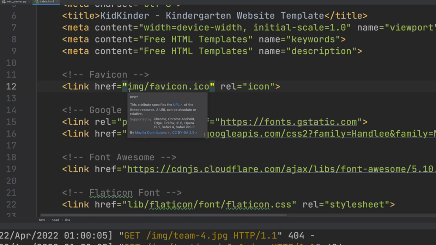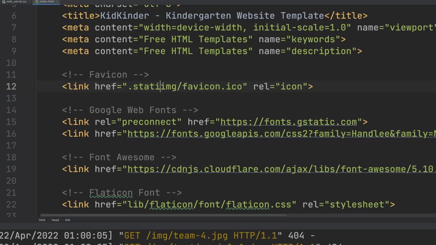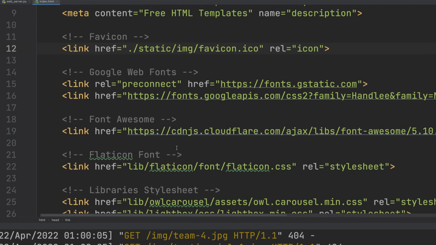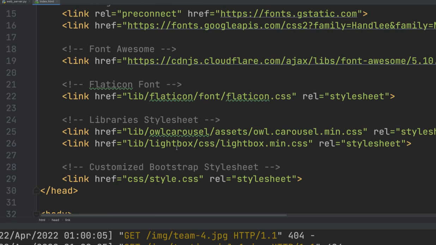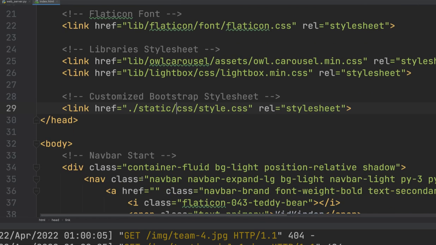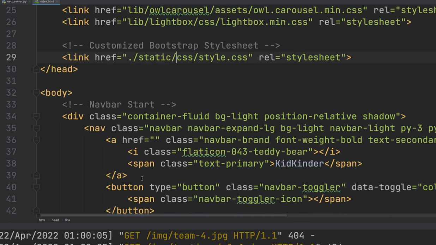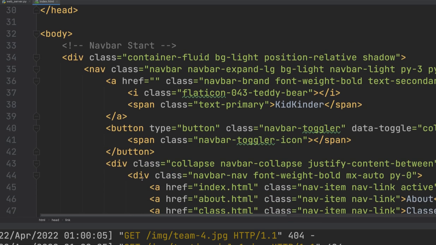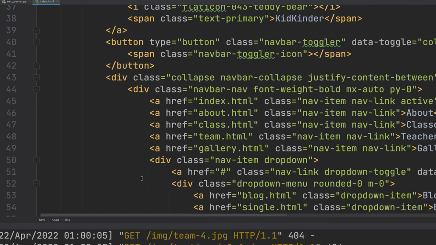So static slash. So this explains the current directory and then the static. Similarly, wherever we see that, the same way for the CSS, we have to add the static here as well. So